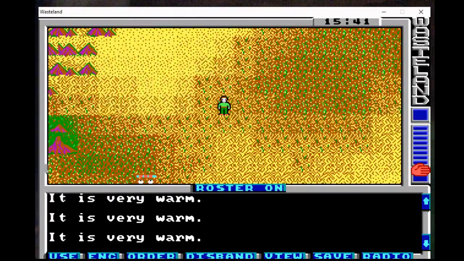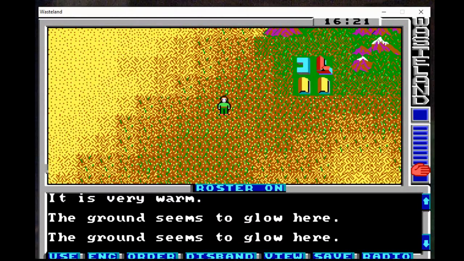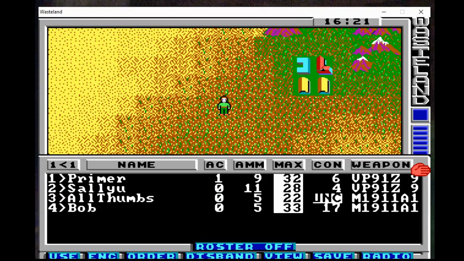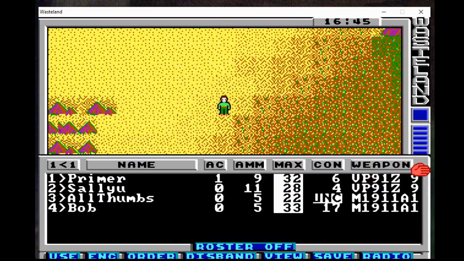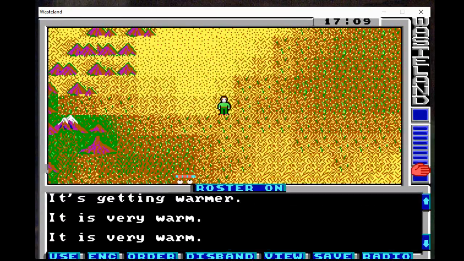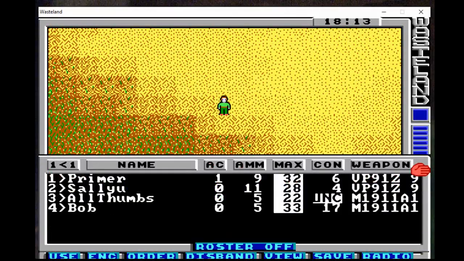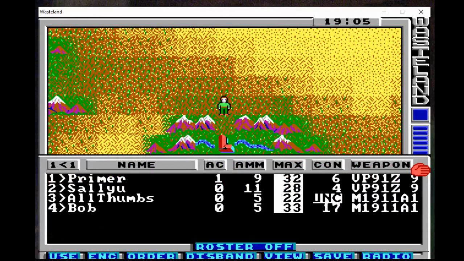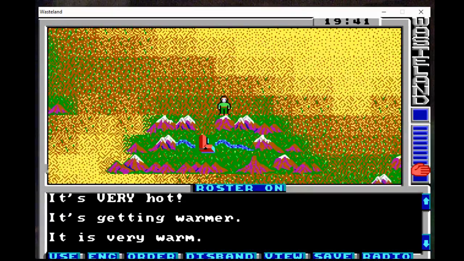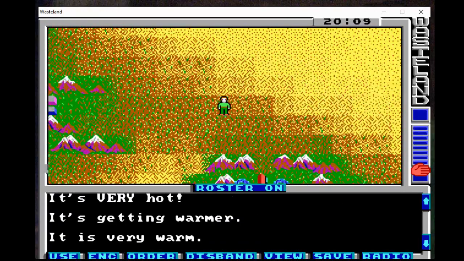And likewise, the ground seems to glow here. Notice how our max is now highlighted? That means we are irradiated, which means we do not heal over time. All Thumbs will not wake up, no matter how much time we wait. And passing time, those hit points, that constitution will not go up. You have to go to a doctor